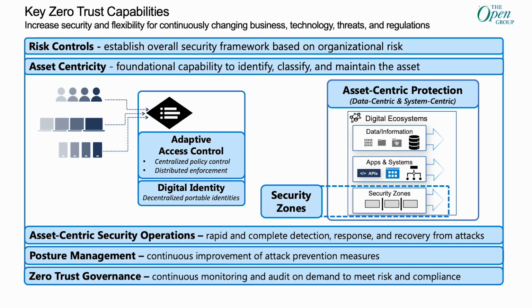And so this is the zero trust capabilities I mentioned from the Open Group. And these capabilities, think of these as the security equivalent of business capabilities. So there's people, process, technology that make up each one of these, and they're a durable outcome that the rest of the organization can count on.